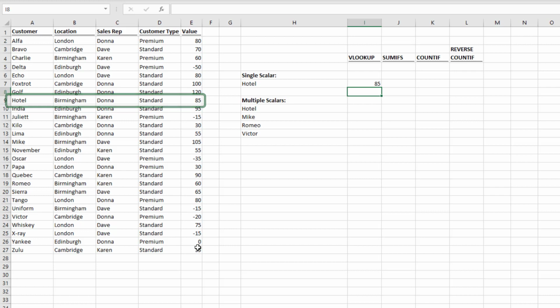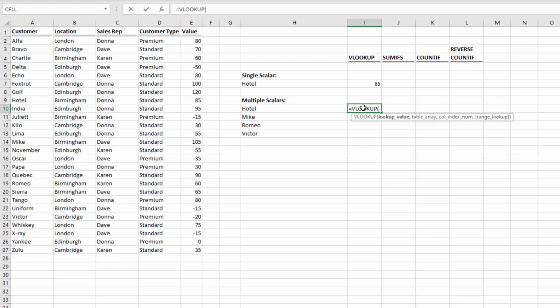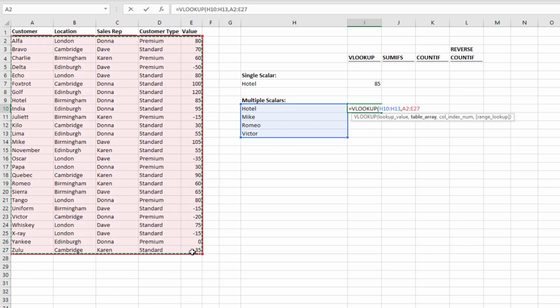Now what happens if instead of just providing one value, hotel, we provide 4 values? Let's have a look at this next. In cell I10, I'll type equals VLOOKUP, open bracket, and now rather than one value, we're going to select 4 values. Comma, we'll select the same table array as before, A2 to E27, comma, column 5, an exact match, so 0